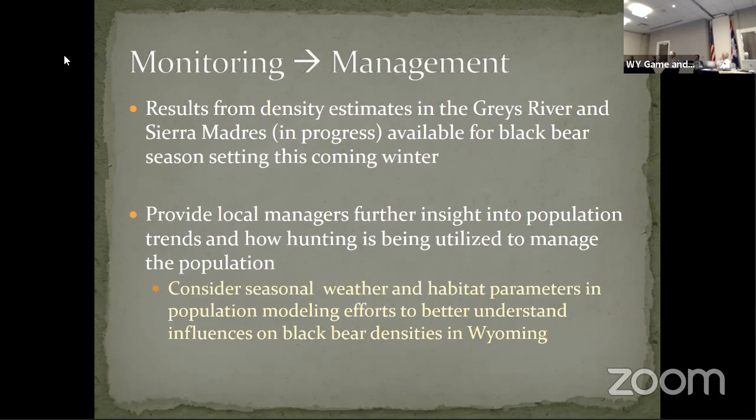And then, as we tweak these methodologies, we can start looking at what other things influence black bear density: seasonal, weather, habitat patterns. We know they're driven by natural food fluctuations, and so that allows us to better understand that. It's a lot of interesting work. I think they estimated over 900 miles on foot last year to check these hair snares. It's fun catching the bears, but going out and picking hair off of a barbed wire fence isn't nearly as fun, especially if you've done a lot of barbed wire work.